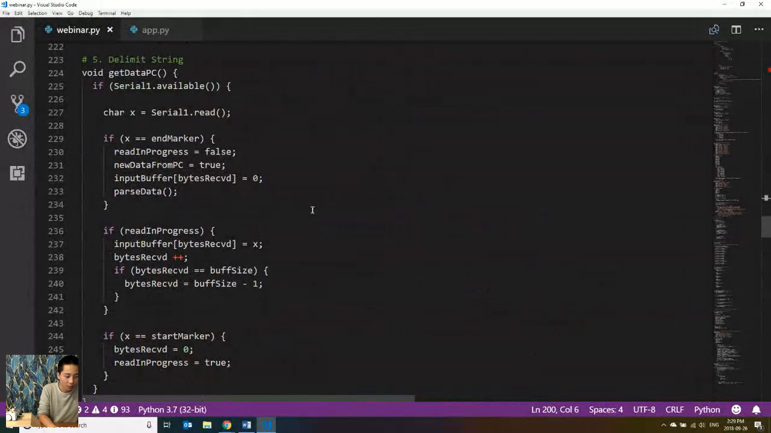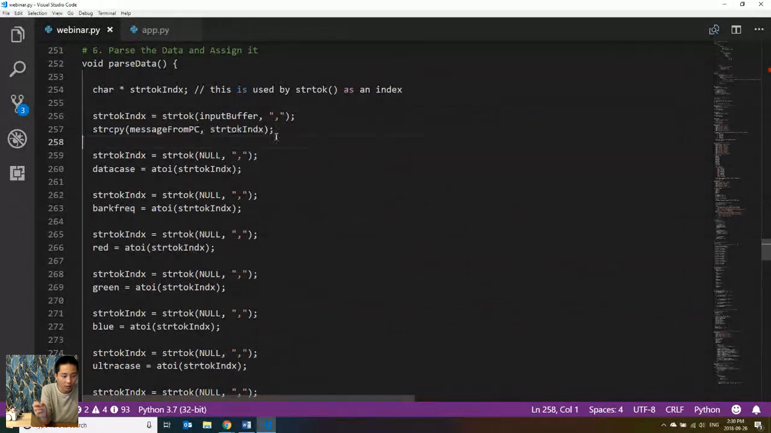So for example, we have one right here. It's going to find our first piece of data, just a command string, and then store that in message from PC. And then it's just going to keep going down and down, and it splits the data up based on the commas. That's what parsing means. So once we assign our data,